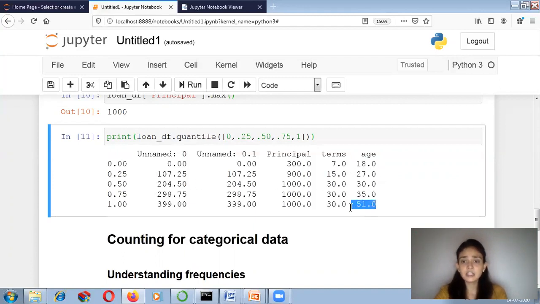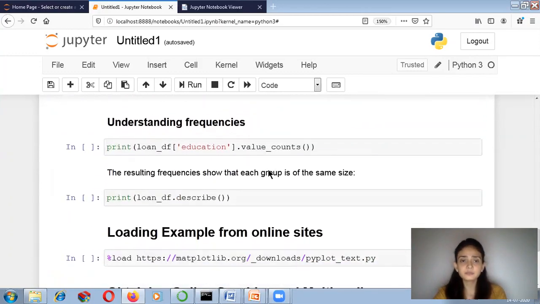People with ages 18 and 51 are very few in your data set. The people who have an age less than 27 are also very few in your loan data set. So you can perform the analysis like this by using the quantile function.